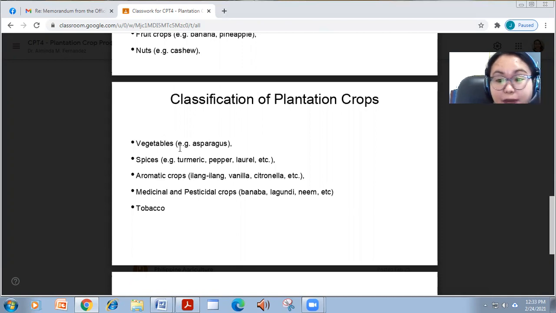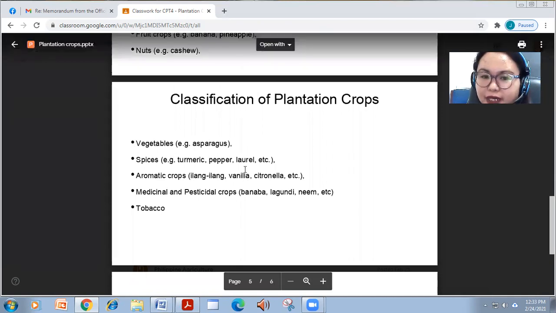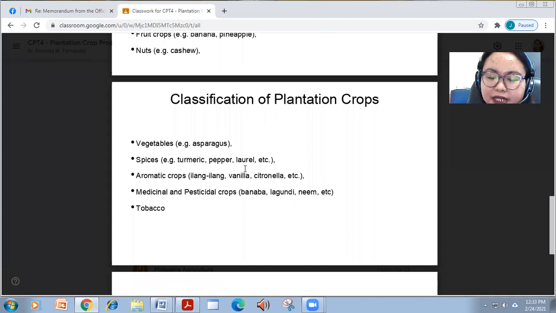And vegetable for asparagus and also tomato, no? But in the Philippine setting, we do not produce tomatoes for processing, unlike the US, no? And asparagus we do. Spices naman, turmeric, pepper, and laurel.